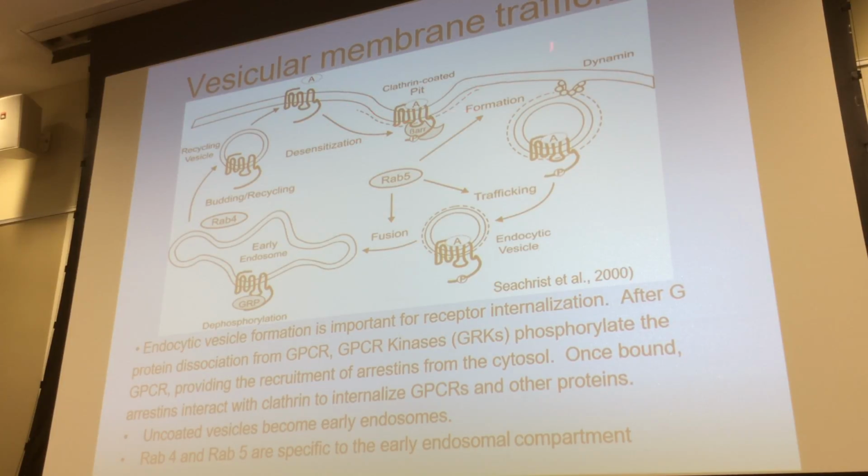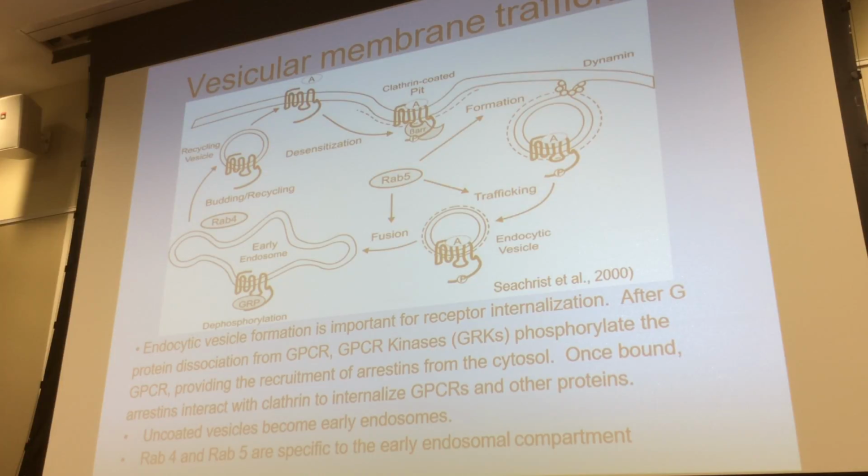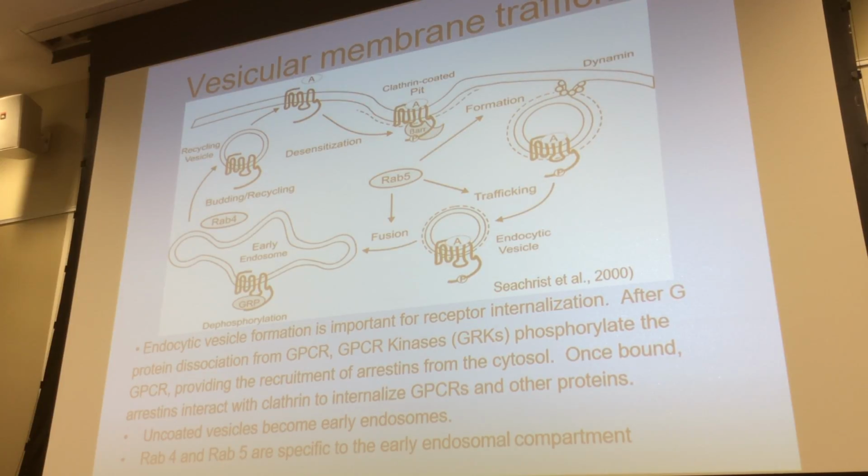So clathrin is the structural protein that begins to cause an invagination in our otherwise smooth surface of the plasma membrane, so that we now get what's called a clathrin-coated pit. These little dotted lines represent that clathrin as it begins to coat the pit. And then ultimately, as soon as we get lots of clathrin forming here, and in case you're interested in how this works, these are what they call triskelions. It's a little 3-pronged protein